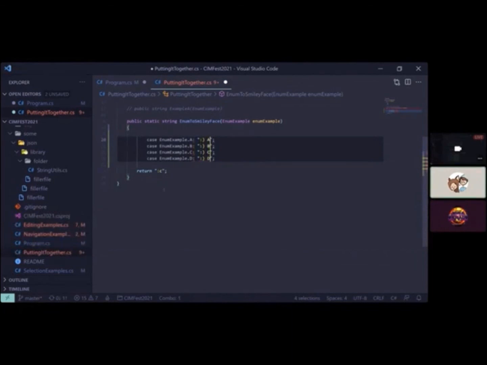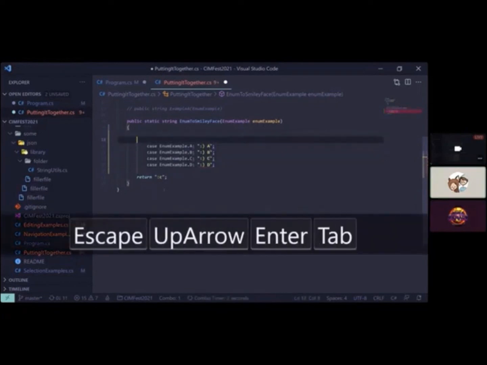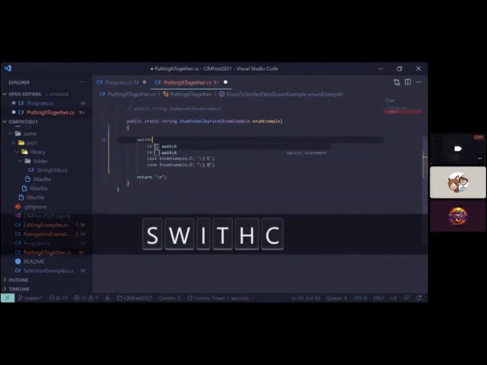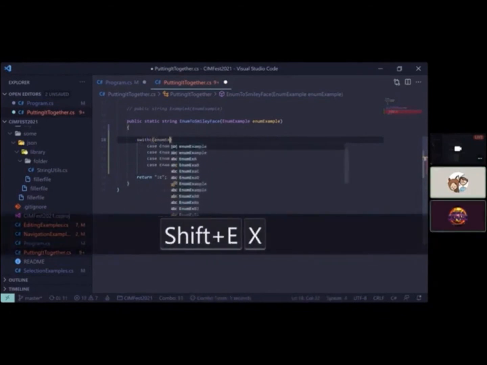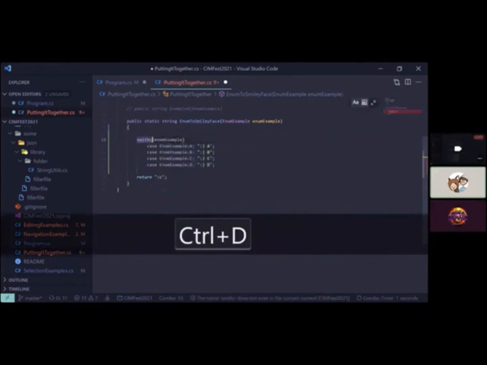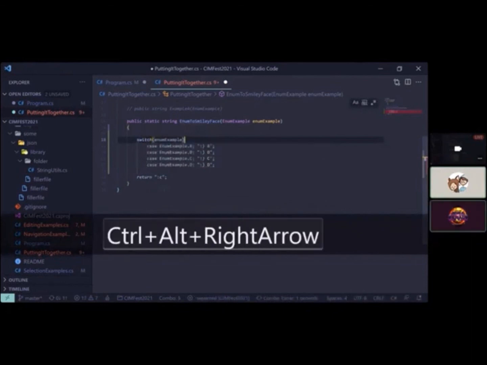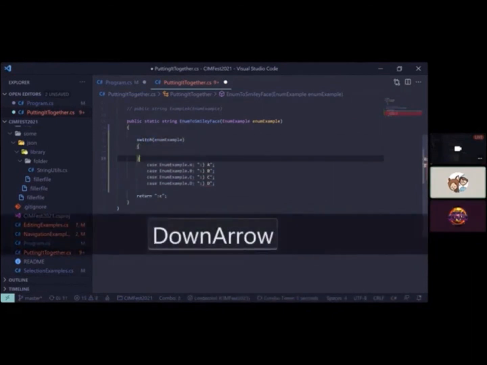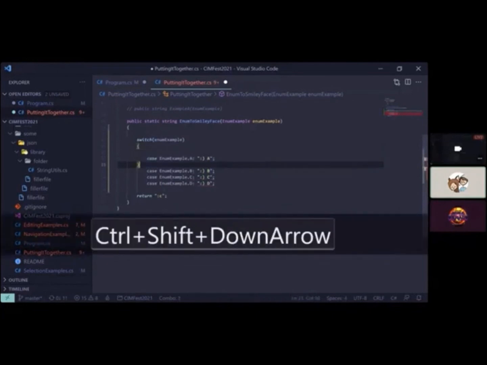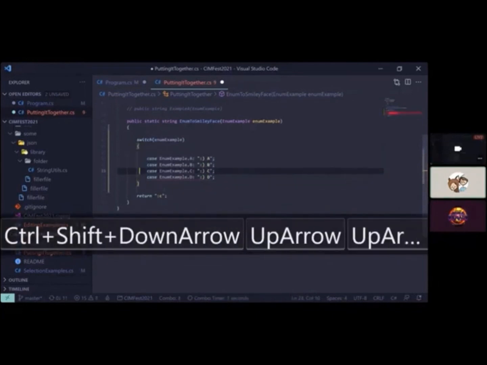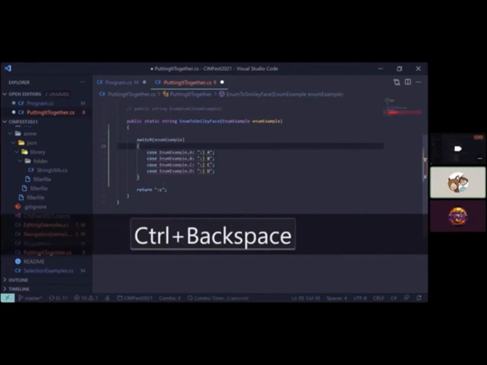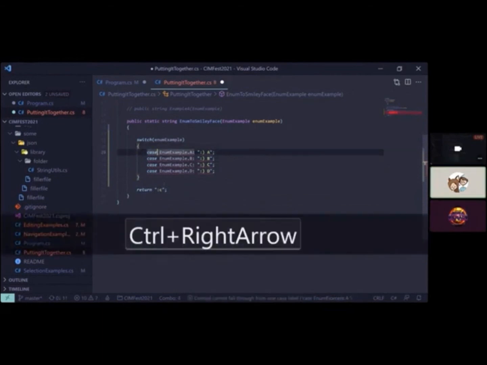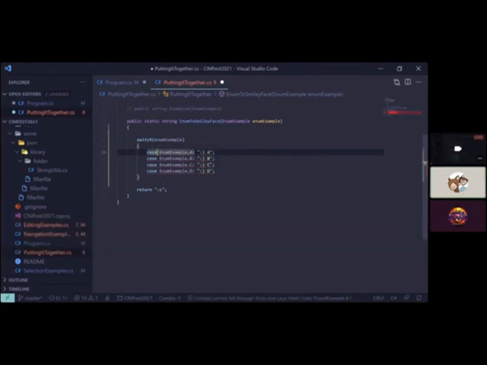And now that we have the multiplicative operation done, we can go back over here, define the rest of the switch statement with our enum example variable. Make sure to spell switch correctly. Add some squiggly braces. And then, well, we can just move this down over here. Easy as pie. Oh, but we forgot to return the string, so we're going to need to go and re-edit